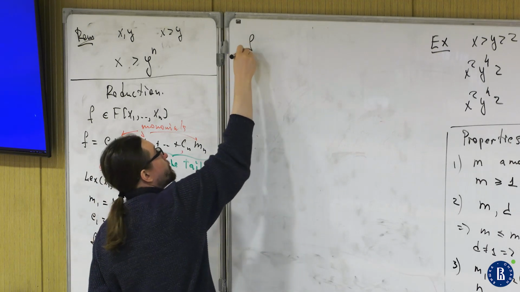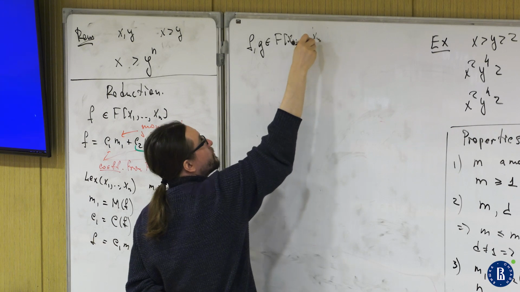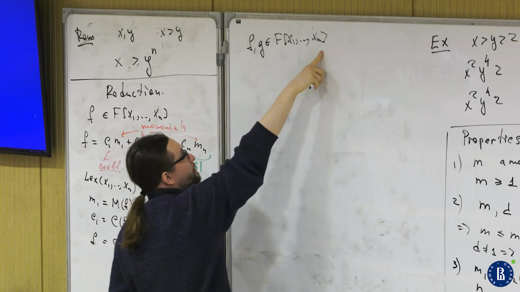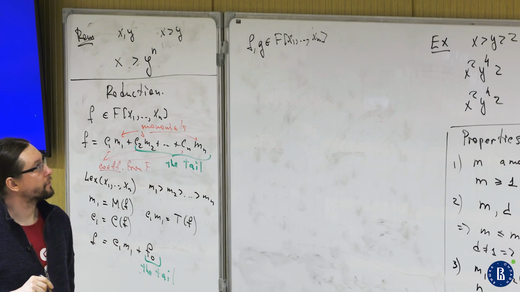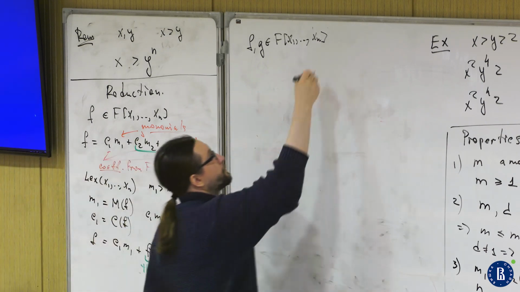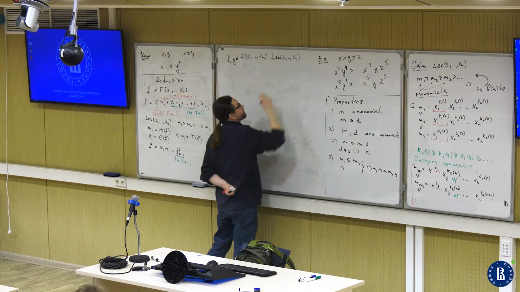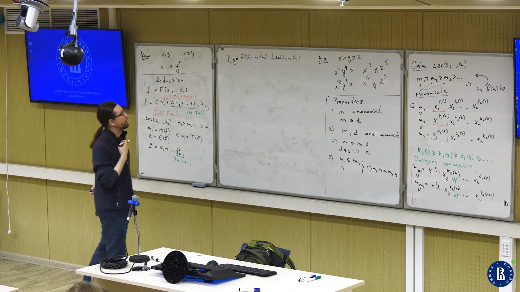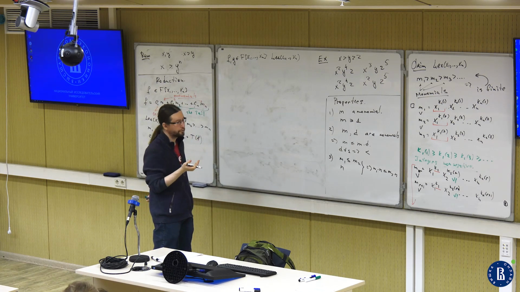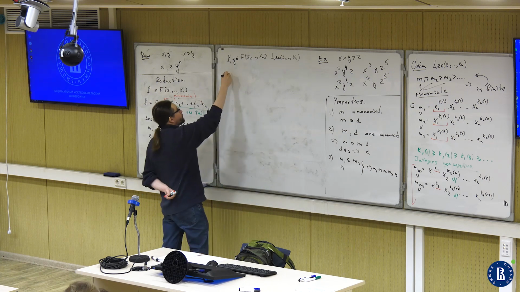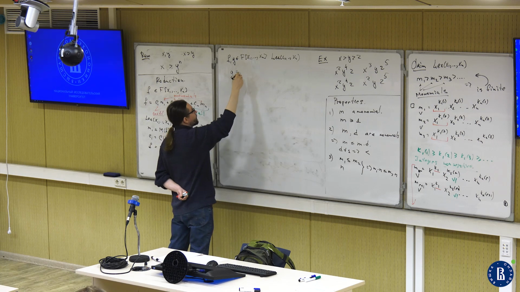Suppose we have two polynomials, f and g. These are polynomials in variables x1, ..., xn, and F is the field of coefficients. And I want to fix a lexicographical ordering. Let's say this one, just for simplicity. Now, I want to define an elementary reduction. Before doing that, let's say g can be presented in the form,